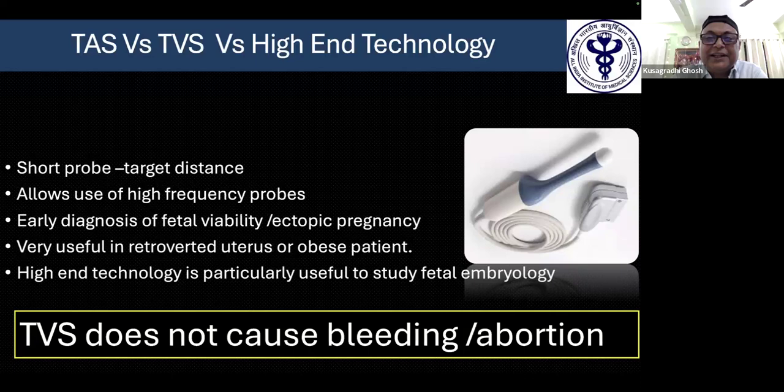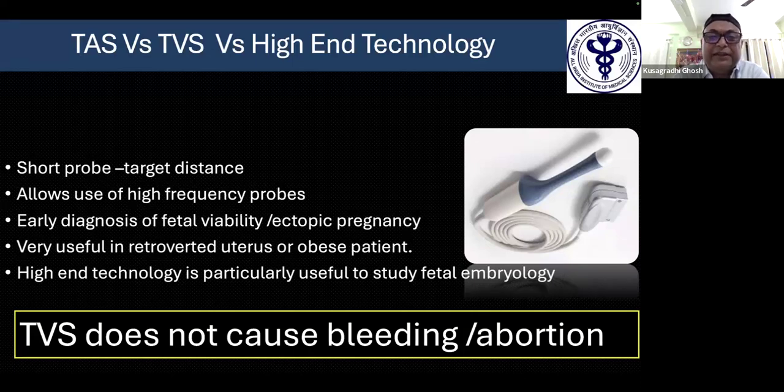But when we are converting a transabdominal into a transvaginal, I have seen in our unit, for example, there are doctors who would like to take a written consent. So I don't know how much that should be done. But yes, an oral consent and maybe a little discussion with the husband might be worthwhile. We are not saying that you have to take a written consent, but yes, some sort of counseling is important